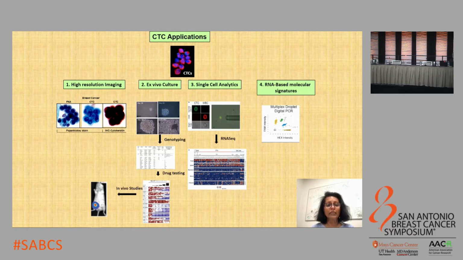The cells are intact, and therefore the RNA is of very high quality, and we can use tumor-specific RNA-based molecular signatures to look at the tumor load in the blood. We can also pick these cells and subject them to single-cell analysis, such as single-cell RNA sequencing, single-cell proteomics, as well as single-cell metal-seq, to define the inter and the intratumor heterogeneity within each patient, as well as across a cohort of cancer patients.